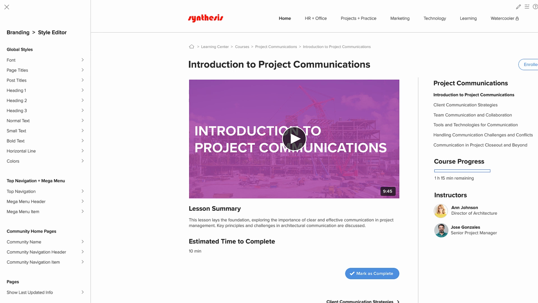And finally, Synthesis LMS will share the same branding elements that you've established in your style editor for your intranet, such as font, text styles, and colors, to ensure a seamless look and feel between your Learning Center and your